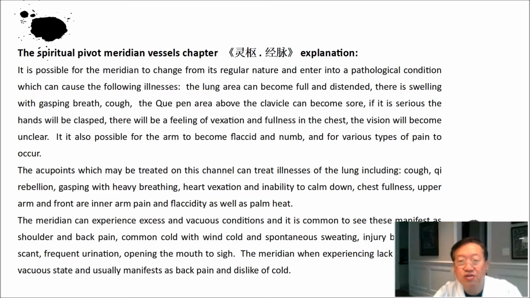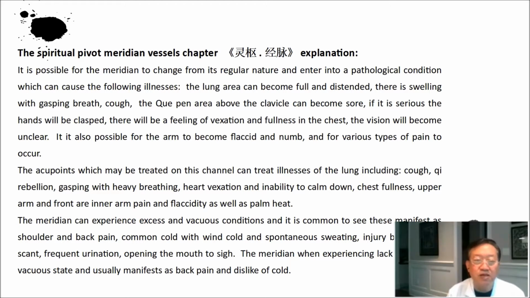The acupoints which may be treated on this channel can treat illnesses of the lung, including cough, qi rebellion, gasping with heavy breathing, heart vexation and inability to calm down, chest fullness, upper arm and front and inner arm pain, and flaccidity, as well as palm heat. The meridian can experience excess and vacuous conditions, and it's common to see these manifest as shoulder and back pain,